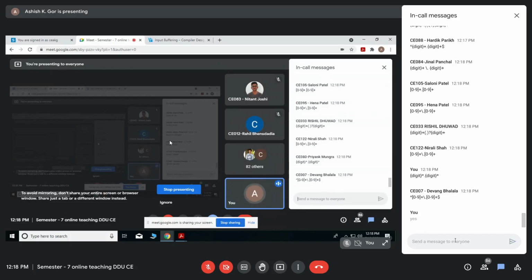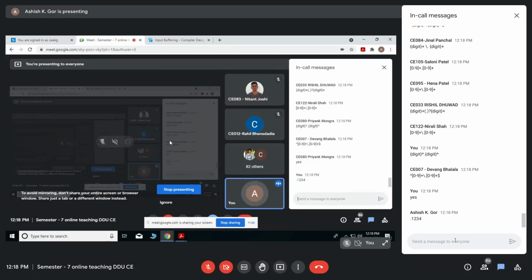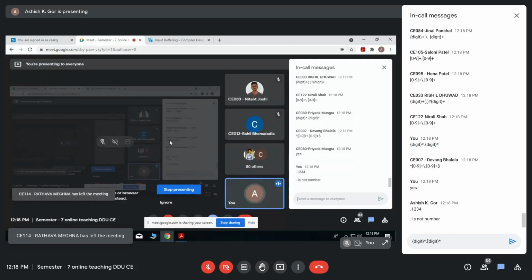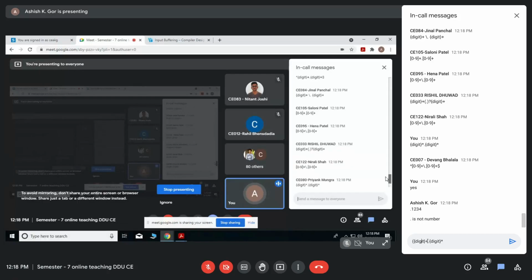Are you getting what I am saying, Priyank? Generally I can write like this, 0.1234. This is correct. If you don't write anything before the point, that is correct. But just a dot is not a number, so that should not be included. Your answers are very near.